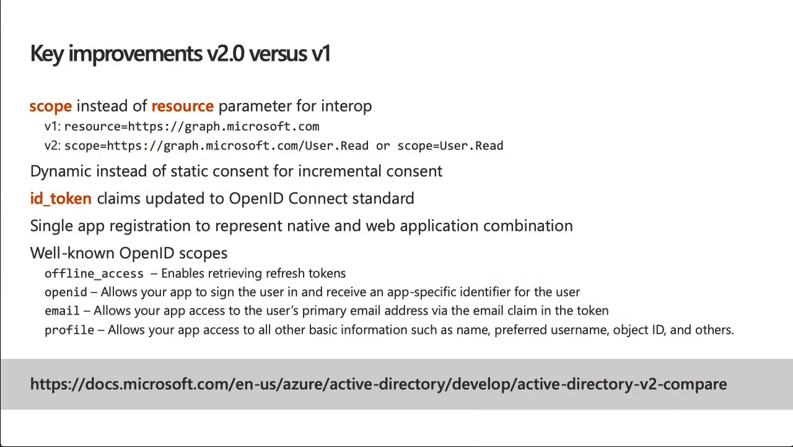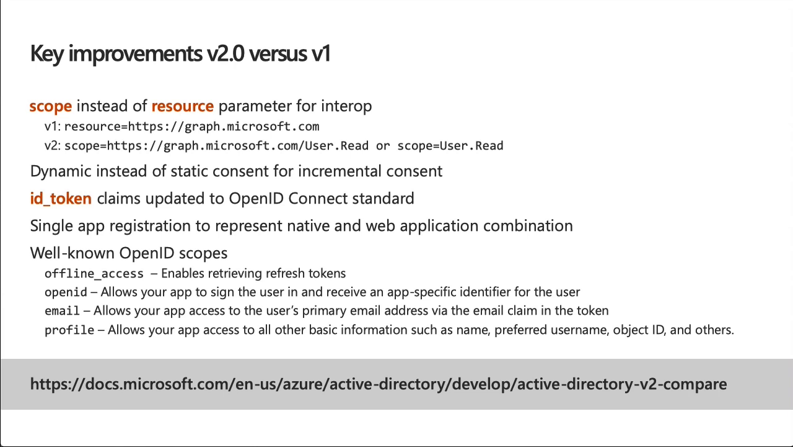Now let me talk about some of the other improvements from the V1 endpoint to the V2 endpoint. In the V1 endpoint, you had to provide a resource parameter to identify which resources you were requesting an access token for. And the challenge with this is that some of the open source libraries were not able to easily incorporate that into their requests. So now we use the scope parameter, which is supported by all the libraries to compound and combine both the